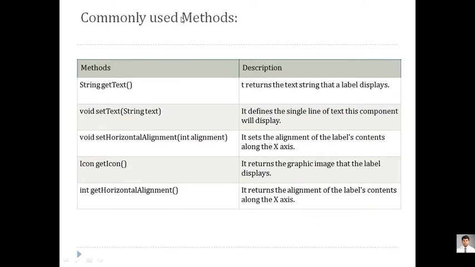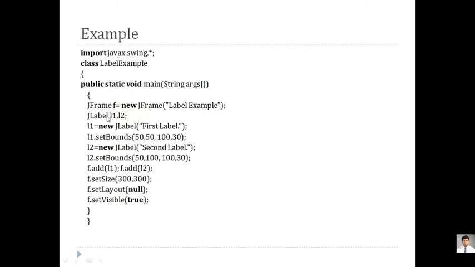Same way, for using that label, we can use a function like getText. You can set a text at runtime also for your label. You can set an alignment also. You can set some icons also on your label. You can get the horizontal alignment at runtime, at what location your label is available. So most probably getText and setText are used in labels. So a very simple example we will demonstrate at runtime, but initially we'll go for understanding the code, how the labels will be added on a screen.